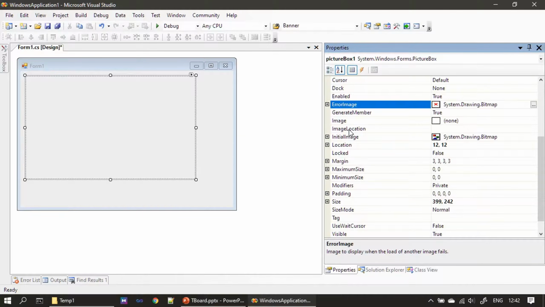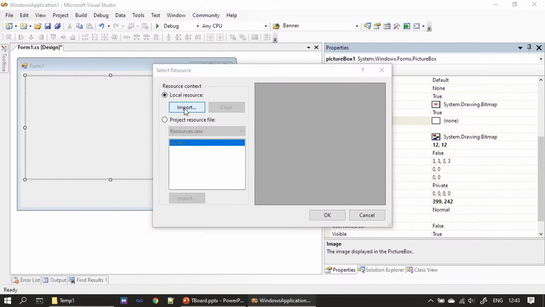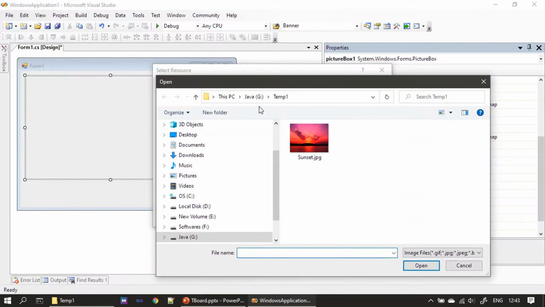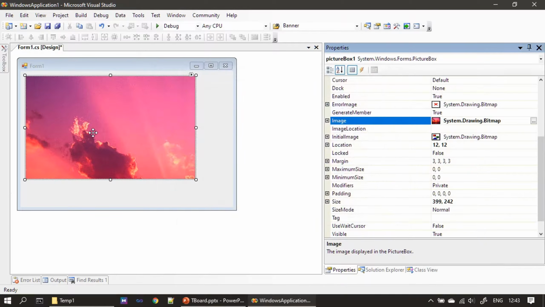Now let's go to the image property and we will pick our sunset. Here I am choosing local resource. The image exists in the same path. Here I am choosing gtemp1. So the image is bound to this location, gtemp1. So this is one way of loading the image. And